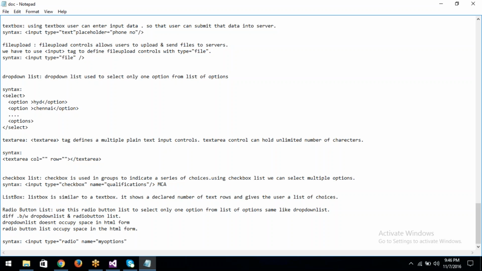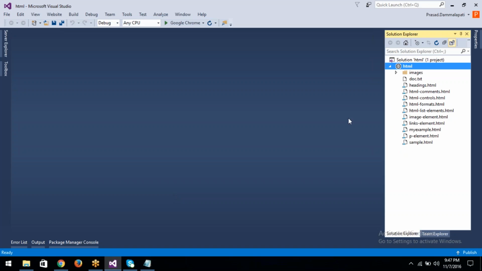Okay, and here is the option name like qualifications. Okay, MCA or MBA like that. So example for drop down list, radio button list,